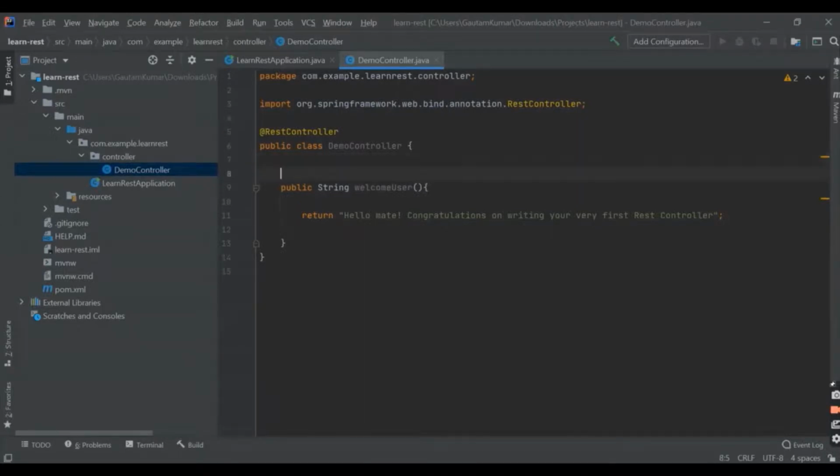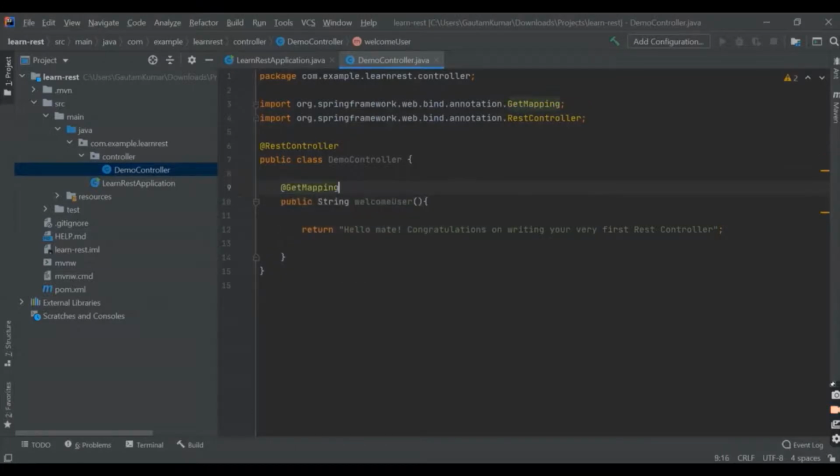So here we'll be using an annotation called get mapping. Inside this, we'll provide the path for which we want this method to be mapped. So the user hits this particular path, the control goes inside this method and returns the value that is mapped to this path.